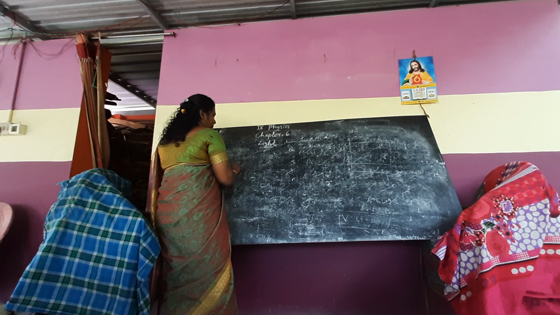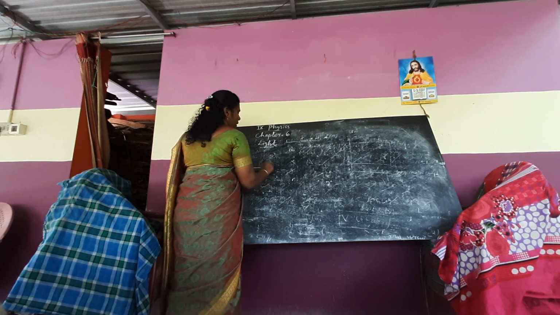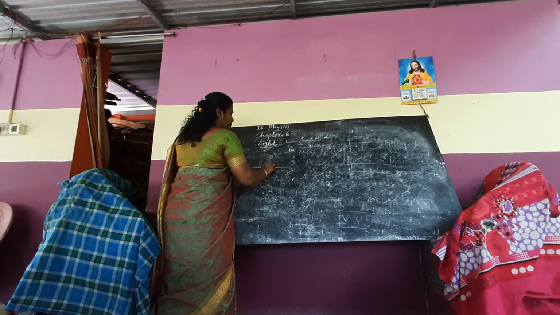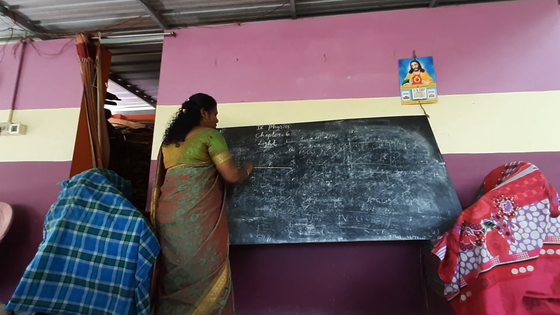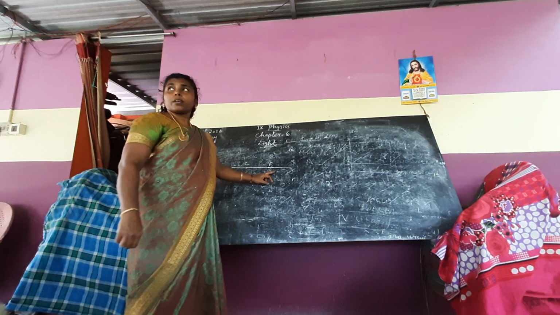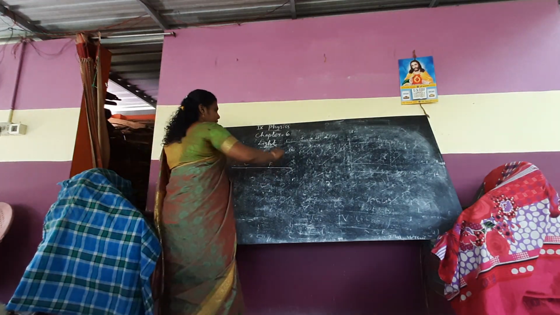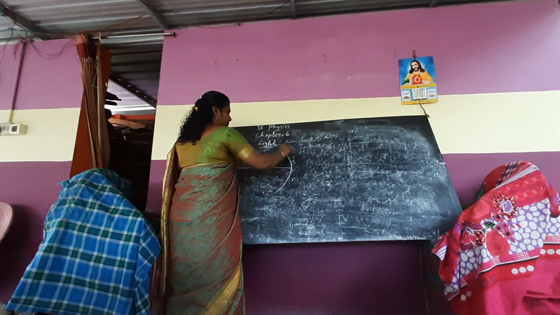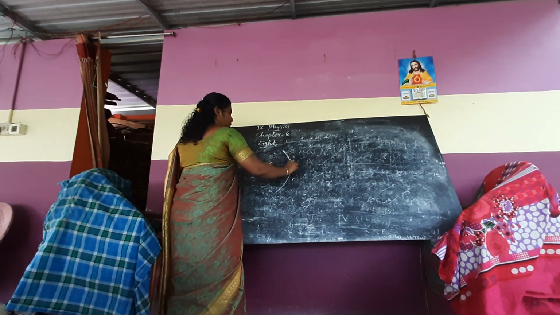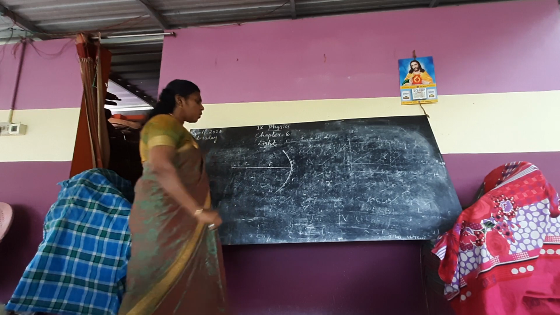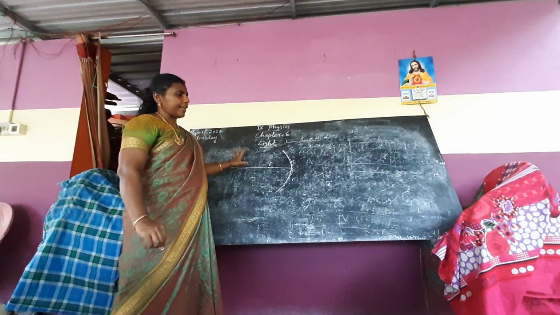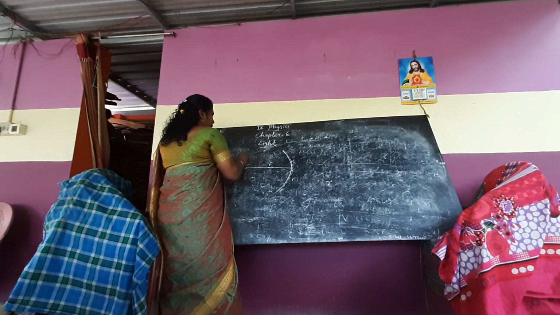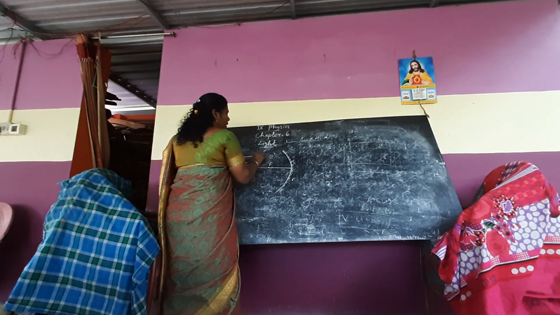See, first this line is called the principal axis. This is the principal focus and the center of curvature. Principal focus and the center of curvature. Then draw a mirror, a concave mirror. This all of you know. This is common for all the ray diagrams. Okay. Now when a ray passes through